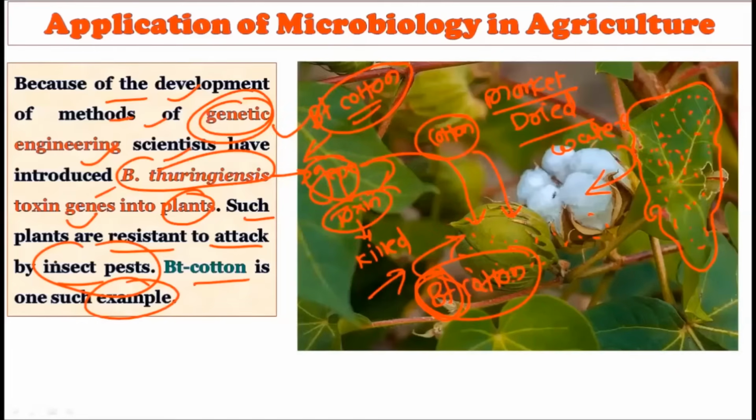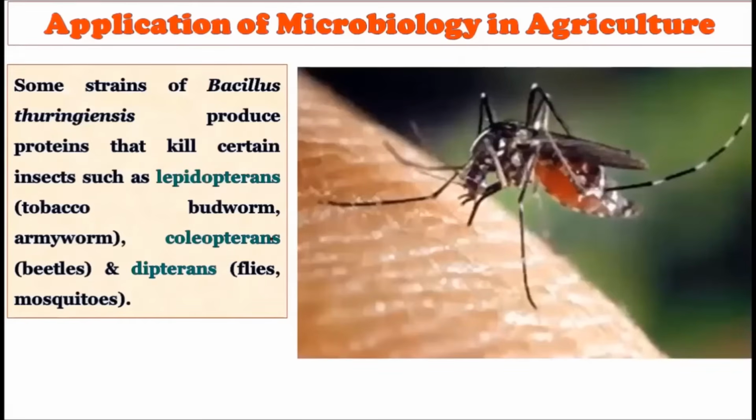Okay, so very important topic to understand, and this topic is also covered in the GS as well. Okay, in your general studies preparation, this topic also overlaps there. तो इसलिए आपके लिए ये इंपॉर्टेंट हो जाता है। तो बीटी कॉटन जो है, यहाँ पे बैसिलस thuringiensis का जीन्स उसके बॉडी में डाल के यहाँ पे बीटी कॉटन बनाया गया है। ठीक है, और बीटी कॉटन जब बना है तो अब उस पे कोई इंसेक्ट लार्वा जो है उस पे फीड नहीं कर सकता है।